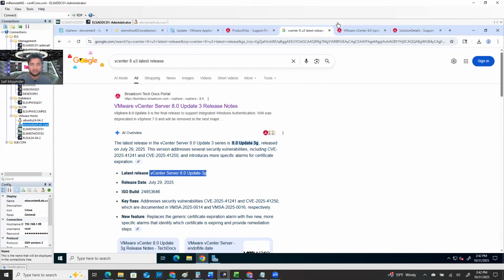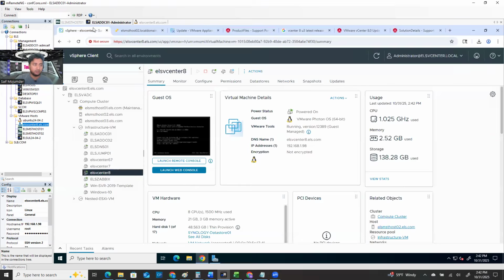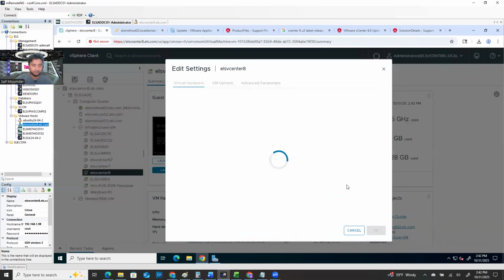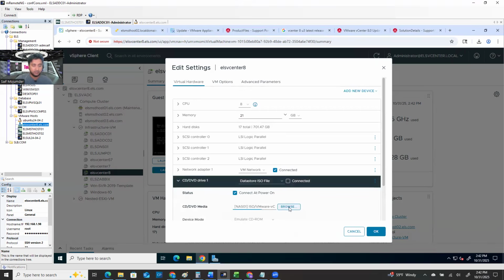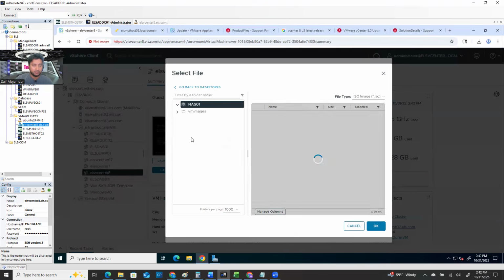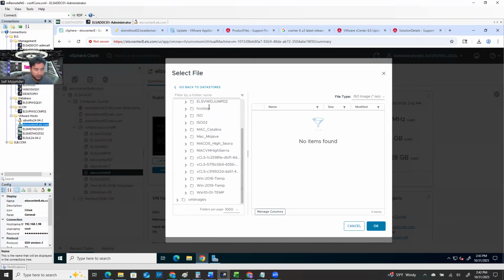Search the latest release, then log in and go there, download, and after the download is done, come back to the vCenter, look at the vCenter appliance. This is the vCenter appliance. Right click on it, go edit, and then you see the CD-ROM, and then browse CD-ROM, but expand it, and in here go browse, and then you have to upload that file, the file to your data store. So what I did after I downloaded here,